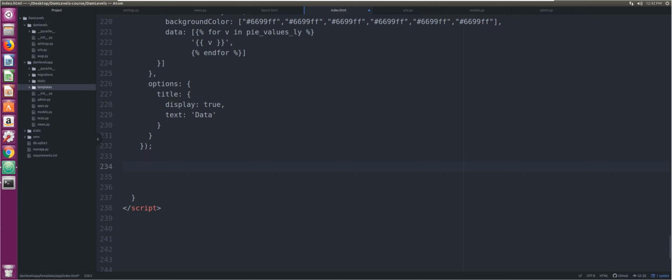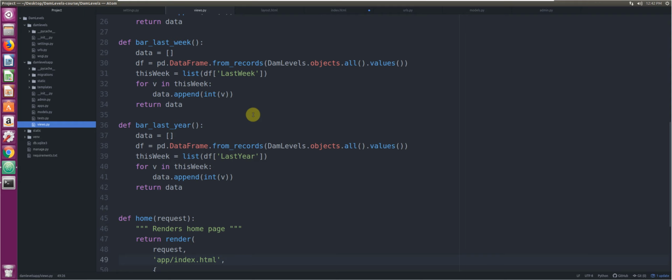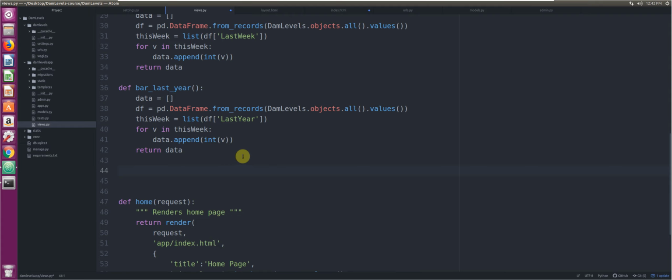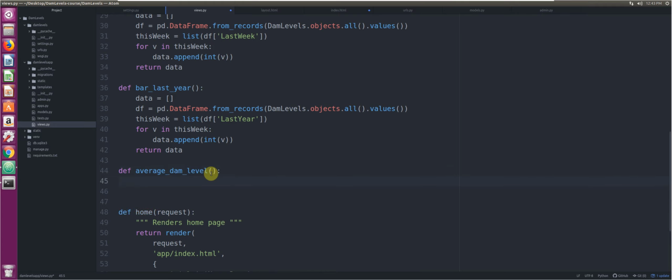Okay, so let's open up our views.py file, and now let us add one more data set that will get our mean dam level value for all our dams in the region. So we are going to define a method called average dam level, and then